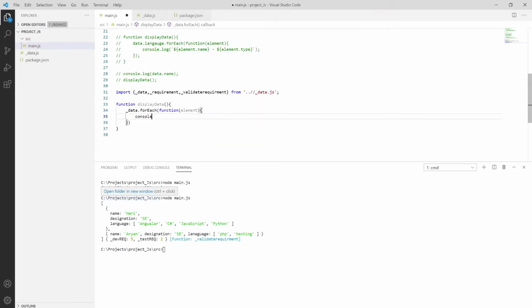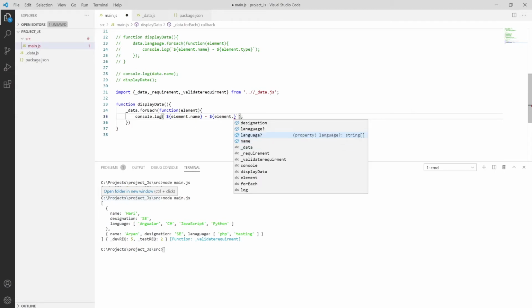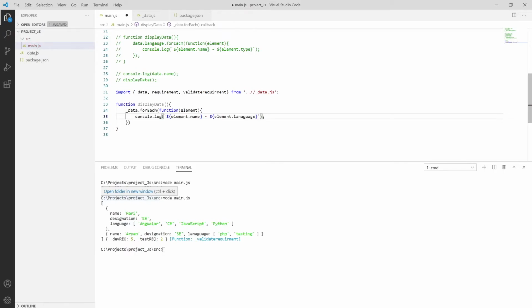Inside this I have to print console dot log with the help of interpolation, writing dollar symbol and then inside it element dot name, and I want the designation as well, so element dot language.